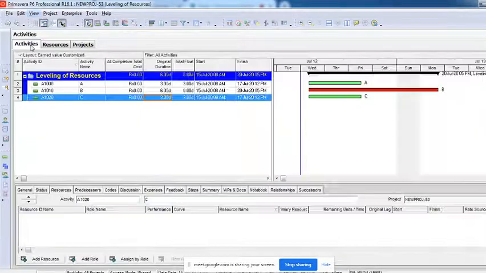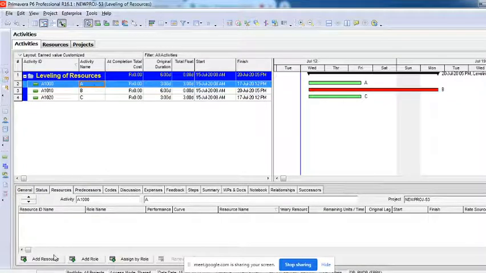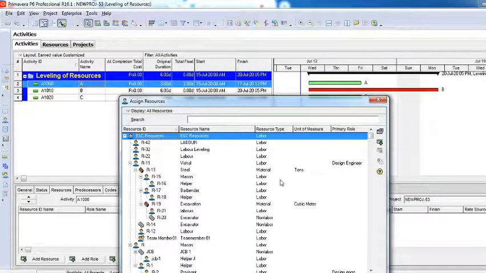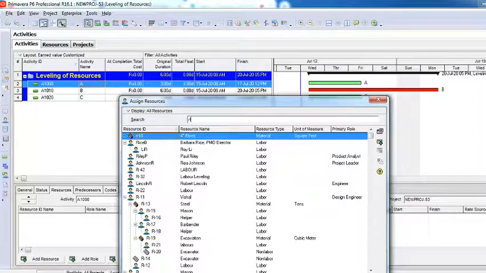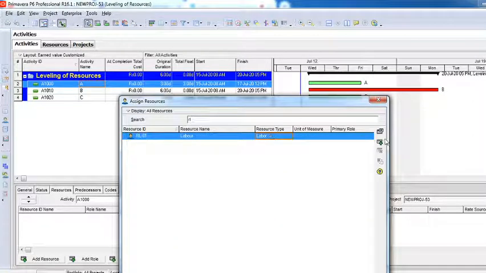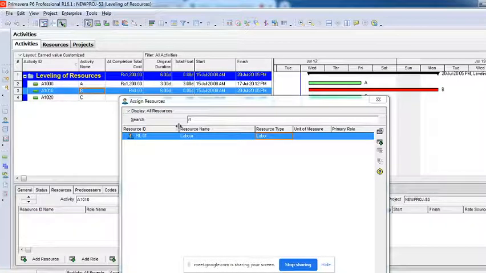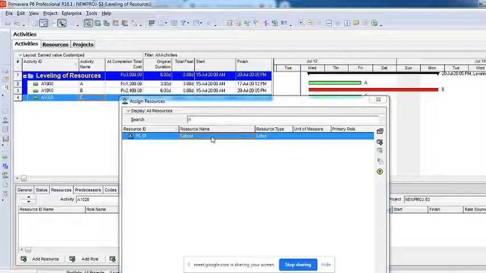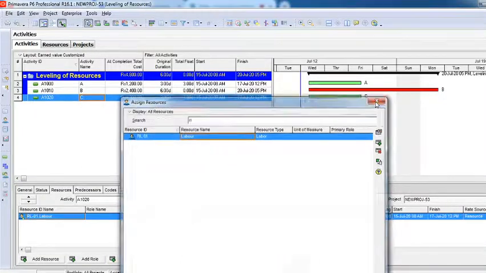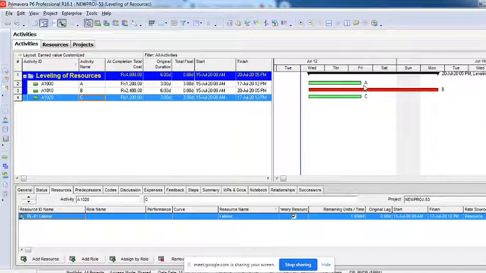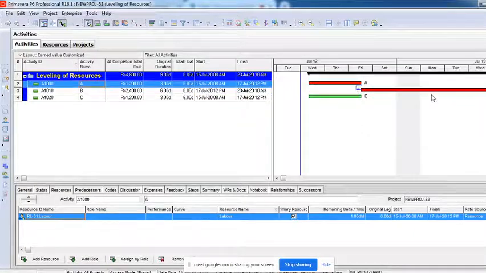And then I'll go to this activity to assign them. Now on activity A, I'll add the same resource, RL. So I'm going to assign the same resource for all my 3 activities. I haven't given a relationship yet. I should have given it that time itself.